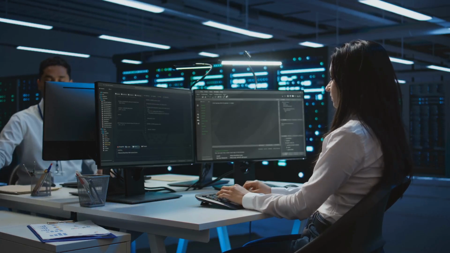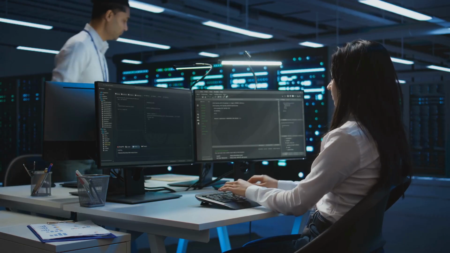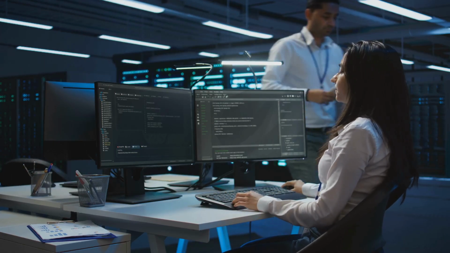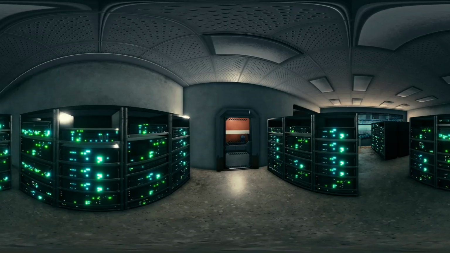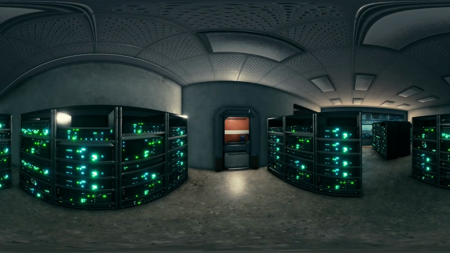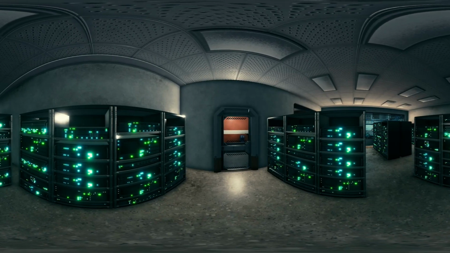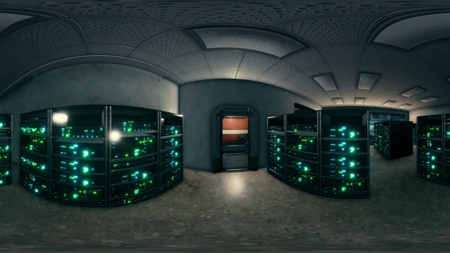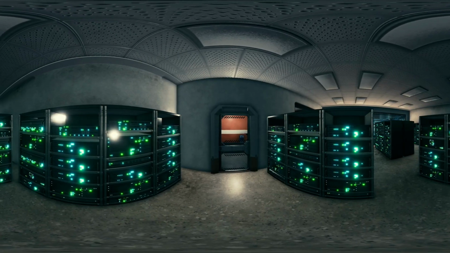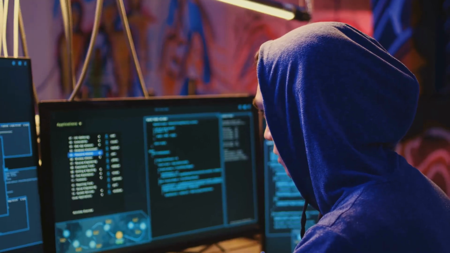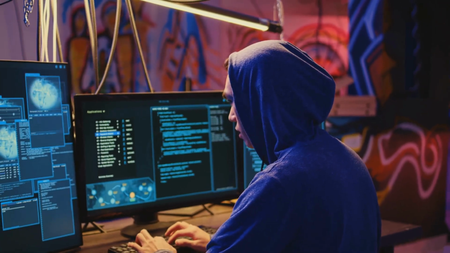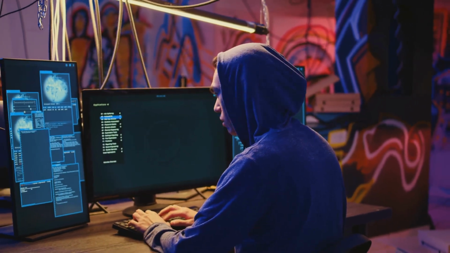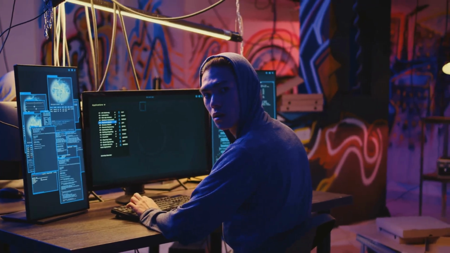Welcome to the world of Zero Trust, a revolutionary approach that's transforming how we think about cybersecurity in today's digital landscape. For decades, organizations built their defenses around the idea of a secure perimeter, believing that everything inside their walls was inherently safe and trustworthy. But cyber attackers have become more sophisticated, easily bypassing these traditional barriers, moving laterally within networks, and gaining access to